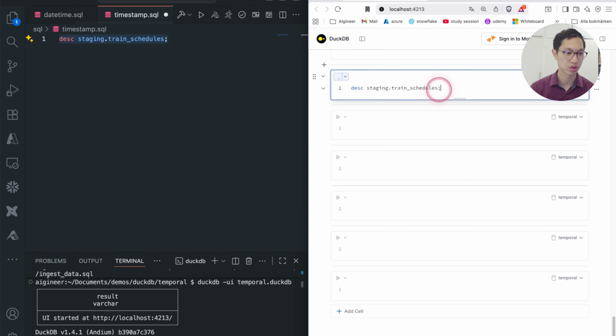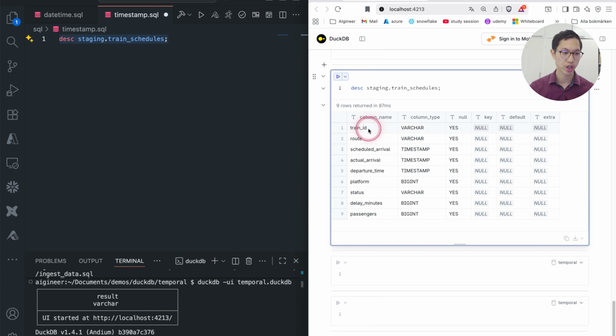Copy this one, describing that one, and you can see train ID, route, schedule interval, actual arrival, departure time, and you can see they're all timestamp. Let's see how they look like from